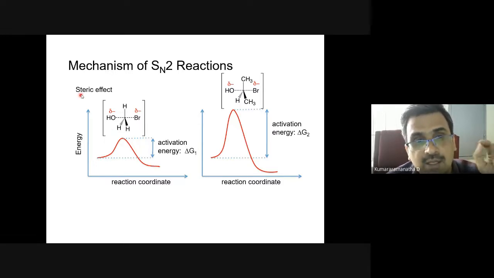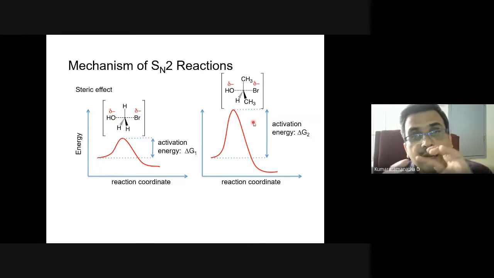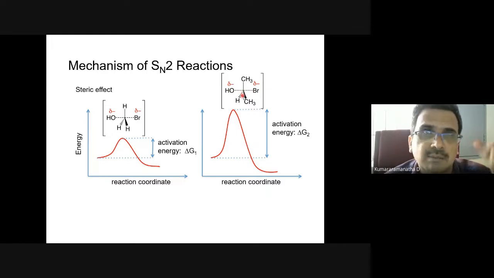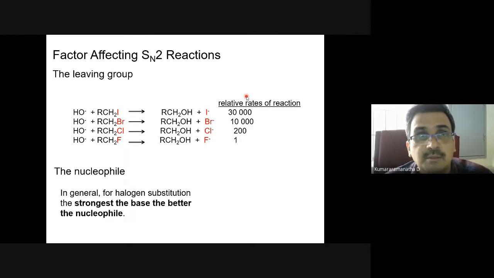Very important aspect is the effect of substituents, or the steric effects. You also look at the amount of energy needed to have this kind of arrangement, with bond breaking and bond attaching. So these are some important points with respect to the reaction coordinate and how much energy input needs to be given. Let us look at different leaving groups. Now, you have iodo